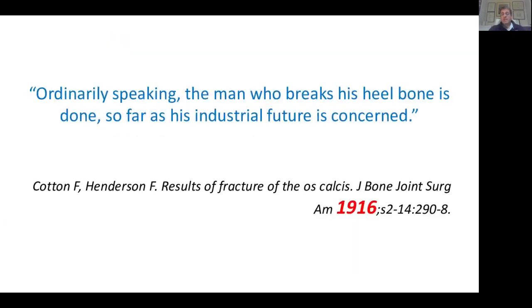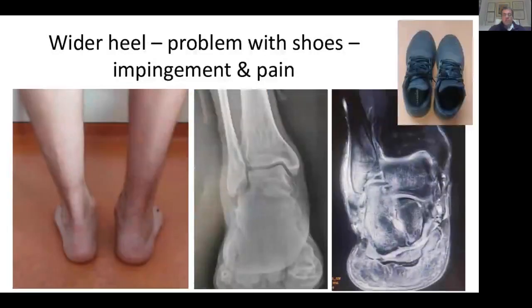And that probably takes us 100 years back with that statement in the JBJS in a different era that said these people have serious problems. The patient with a malunited calcaneal fracture is typically this type of patient who comes and says, well, one shoe must be bigger than the other. I have instability, I have constant pain, I'm limping, and there is impingement on the outside of the leg.